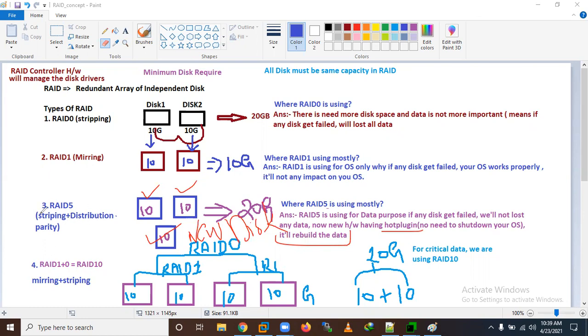In the event log you will see that your disk has failed. For example, if you are using Dell servers, their console is called DRAC, I think, or iLOM on some hardware. That is where you get your server's console. There you will see your event log. Here you can plug in, and after that you can use it. So hot plug-in means just plug and play. Here you don't need to shut down your operating system.